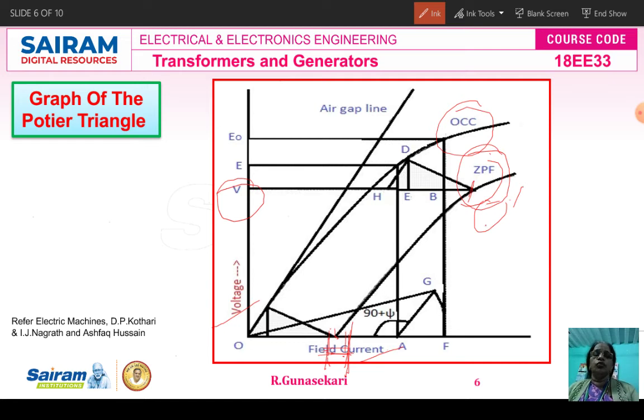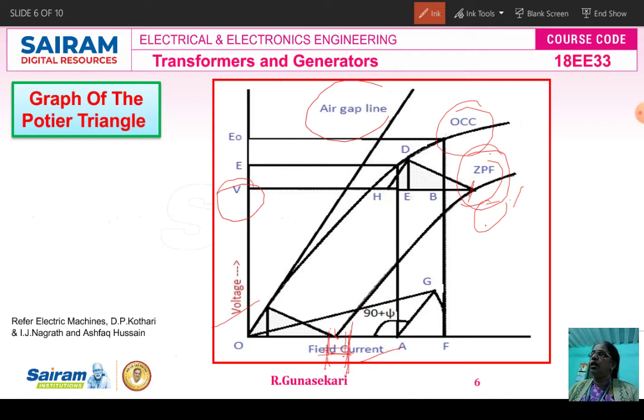From point O dash, draw that line. BH is drawn, which is equal and parallel to OH. Then from point H, a line parallel to the air gap line is drawn, which cuts the OCC curve